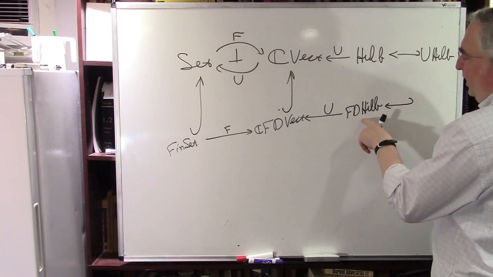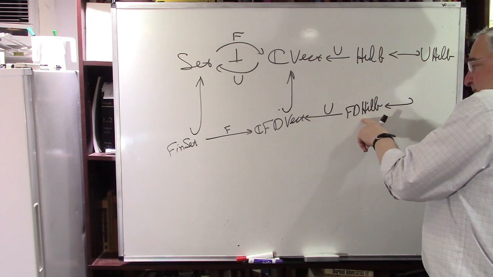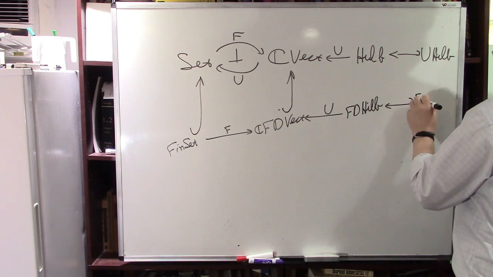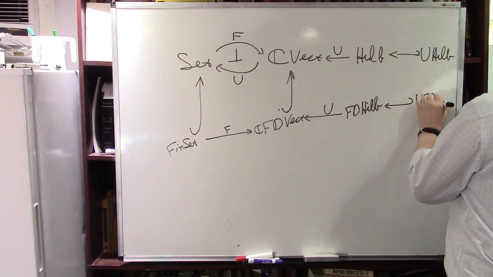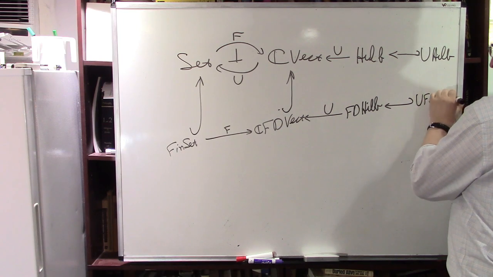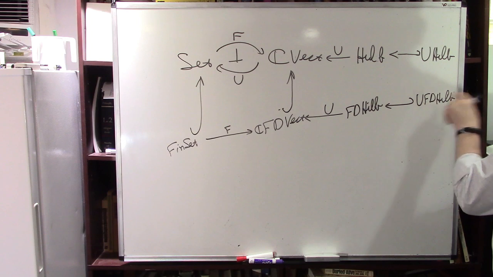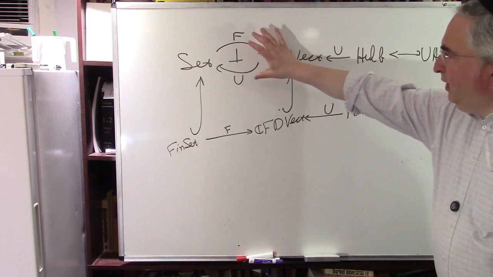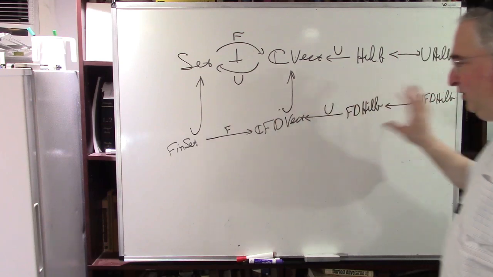So let's just remember what this is. The objects are finite dimensional Hilbert spaces. The morphisms are bounded linear operators. That's very nice. And you can also have, what do I call it, U finite dimensional Hilbert spaces. Okay, let's go through this. The objects are finite dimensional Hilbert spaces. The morphisms are unitary maps, unitary operators. So lots of infinite up there in the sky, more finite dimensional, very nice, but we can go